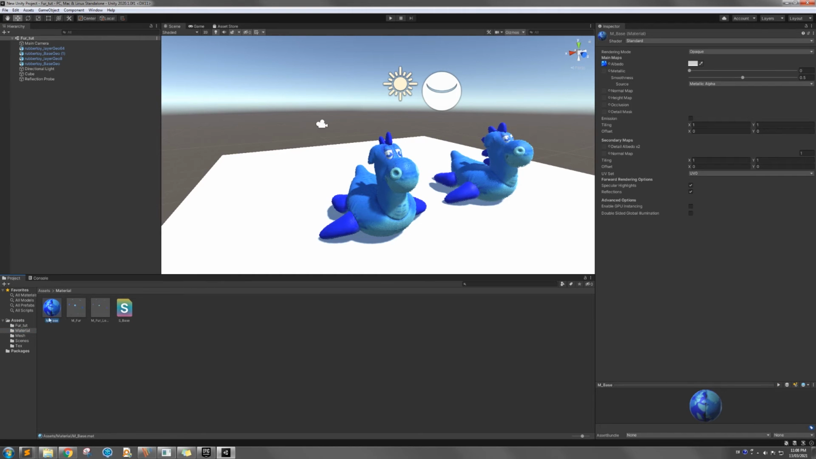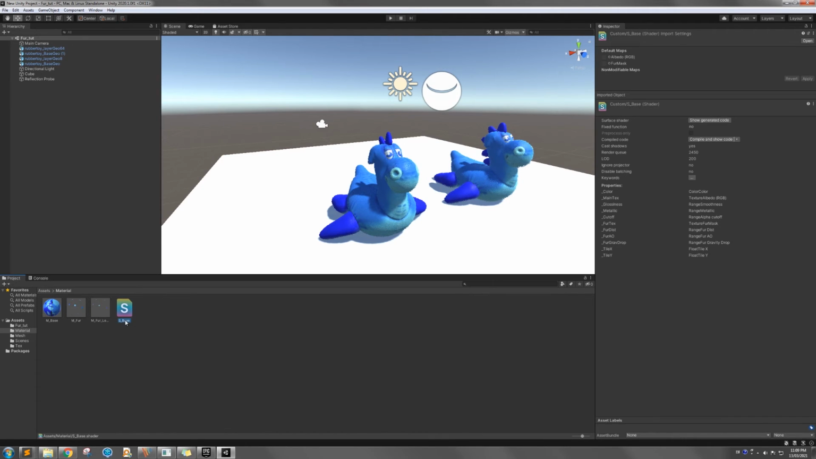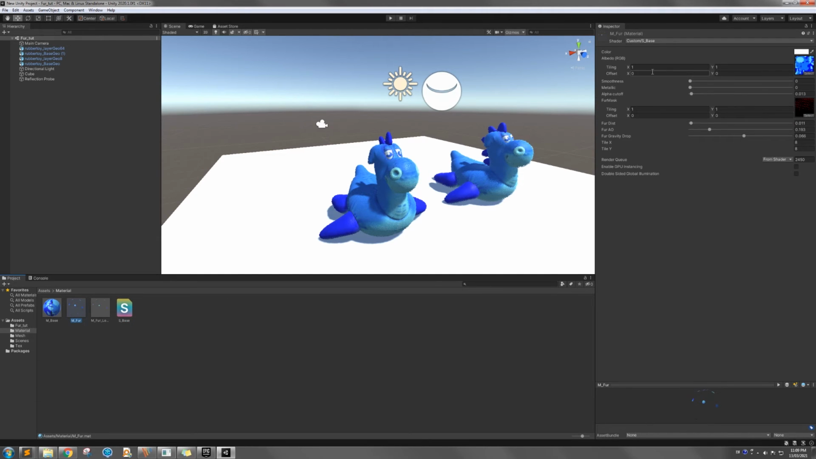Then I created the material. So the material has two shaders. One is the base one. I just used the base one for the base layer, and also I created a floor shader. Here I call the shader base one. So you can see I use the S underscore base, this one, the shader, and there are some